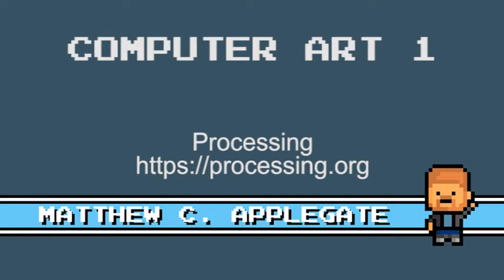Applegate. Today we're going to be looking at some examples in Processing. I love using Processing to help new programmers learn how to code. It's simple and it gives the coder almost immediate feedback, which allows them to better understand what the code is doing. If you don't already have Processing, I recommend you pause the video and download it from the link below. Once you have Processing set up, you're ready to begin.